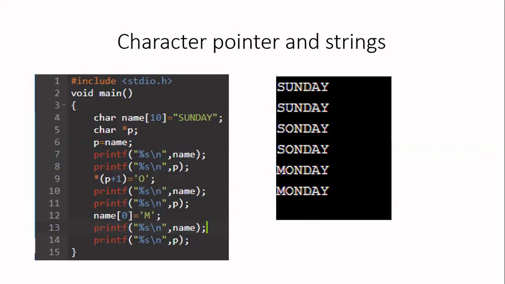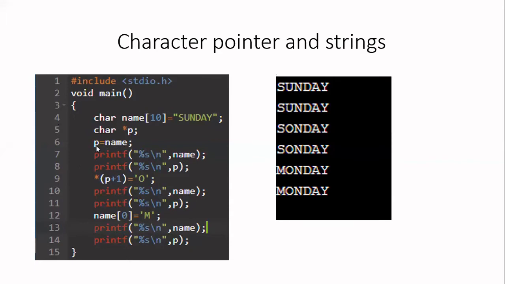So far, to store the address of a variable in a pointer, you have used p is equal to ampersand a, if a is an integer variable. But now here, I am writing p is equal to name. Here, name is declared as a character array. Whenever you declare something as an array, if you write only the name of the array, that will give you the base address of the array. Since I am getting the address directly, I am not using one more ampersand. So I am writing p is equal to name. In this, whatever is the memory allocated to this string Sunday, the starting address of that memory location will be stored in the pointer variable p.